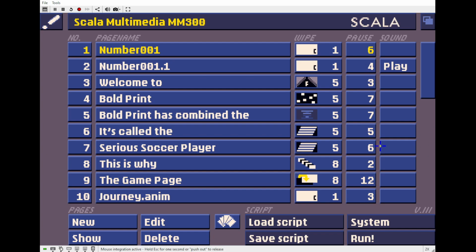Anyway, it looks like this was the last project I had open, and Scala is basically a presentation program. It's like what you would see that created page-based electronic presentations for cable TV channels, information channels, or the Weather Channel type thing. This particular project, and I don't know how well it will run in an emulated environment, was a presentation I created to render to videotape for a project I was contracted on back in the early 90s, where I wrote some